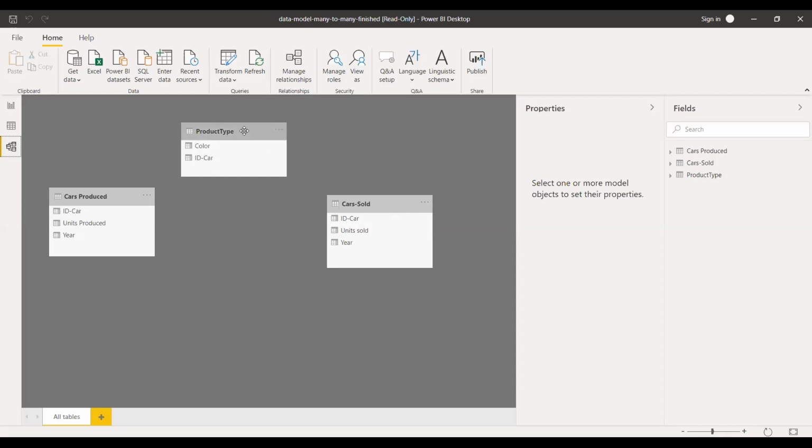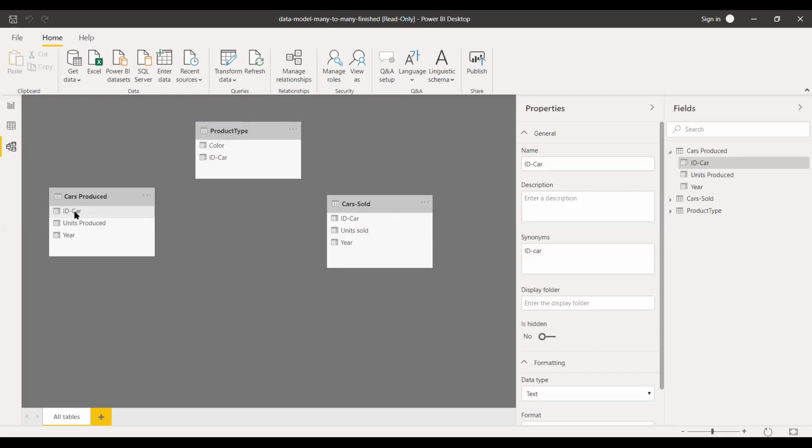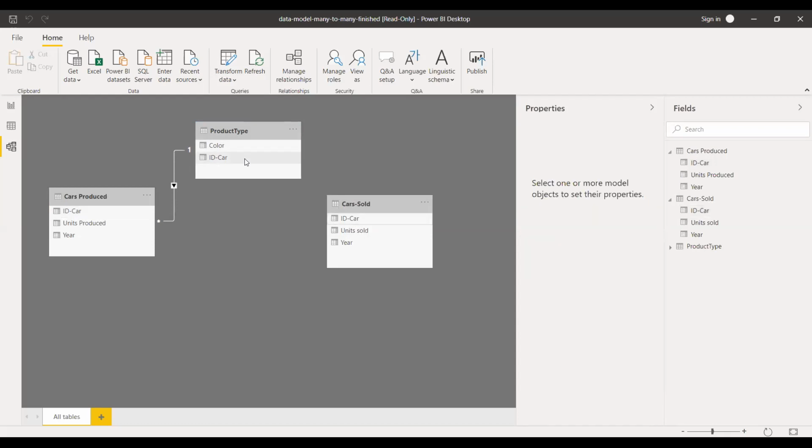First, we will use one to many or many to one. What is common in these two? ID car is common. Just drag the ID car and drop it on ID car of product type. So we have a relationship. Just drag the ID car of cars sold and drop it on product type ID car.